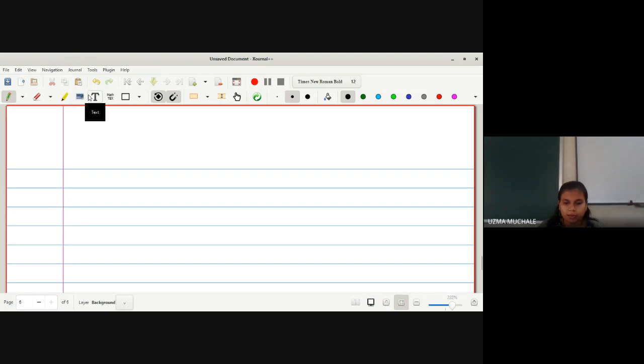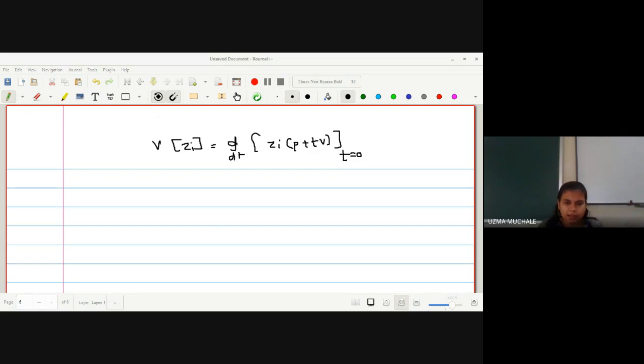If you don't remember, go back to the lectures where I told you about the covariant derivative. I have taken one example also, and I have shown you the geometric interpretation of that. But how do we find out v z_i? What will be v z_i? It is the initial rate of change of a function z_i at a point p in the direction of v, right? Because we know it is nothing but your directional derivative, d by dt of z_i of p plus tv at t equal to 0.